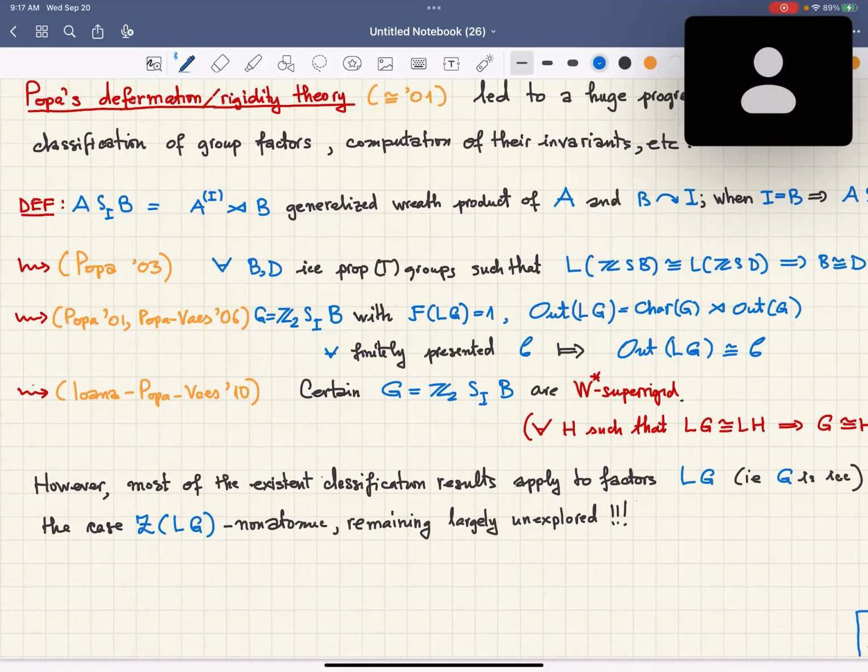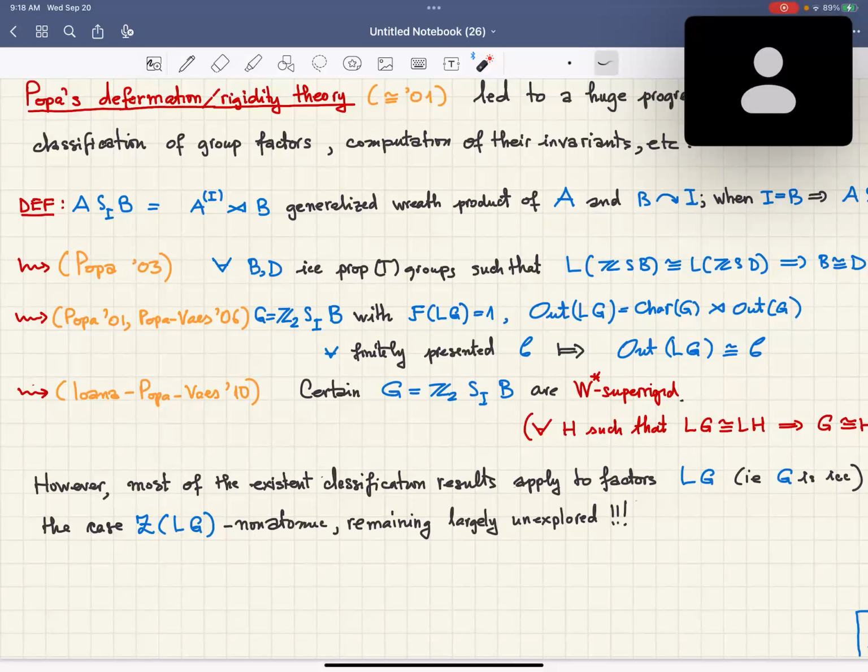There have been hundreds of papers written about this, but I don't have time to go into it. Just to exemplify, I'm going to point out some results in this direction, to show that classification can have a successful answer if you look in the right places, for the right classes of groups. One such class for which there has been a lot of progress is the class of generalized wreath product groups. If you have a group A and another group B together with an action on a set I, then you can associate the generalized wreath product of A by B, which is simply the semi-direct product between the groups, the group of all